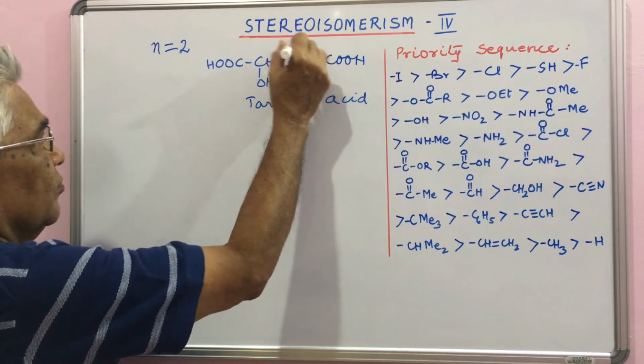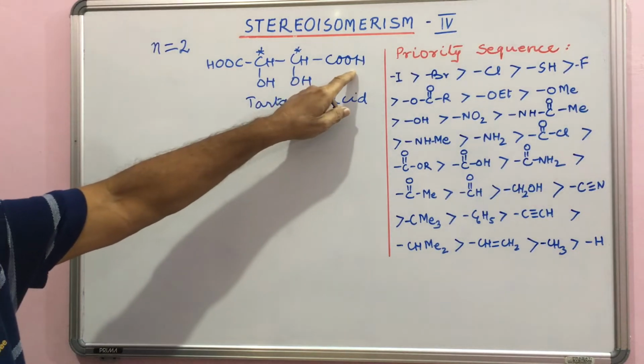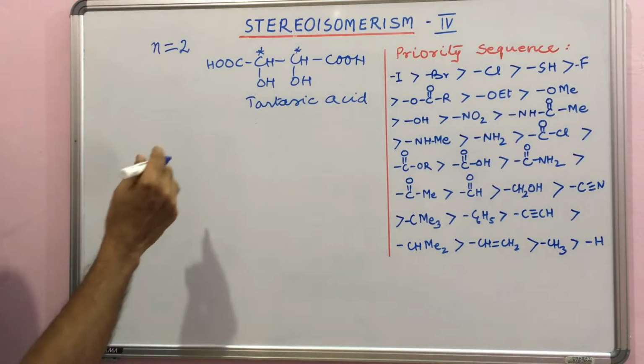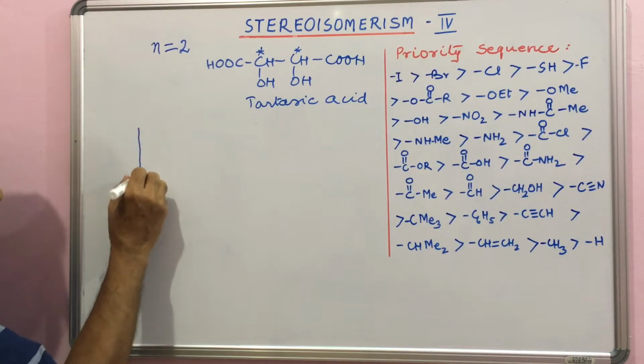Two asymmetric carbon atoms. These two groups are similar. The first stereoisomer,